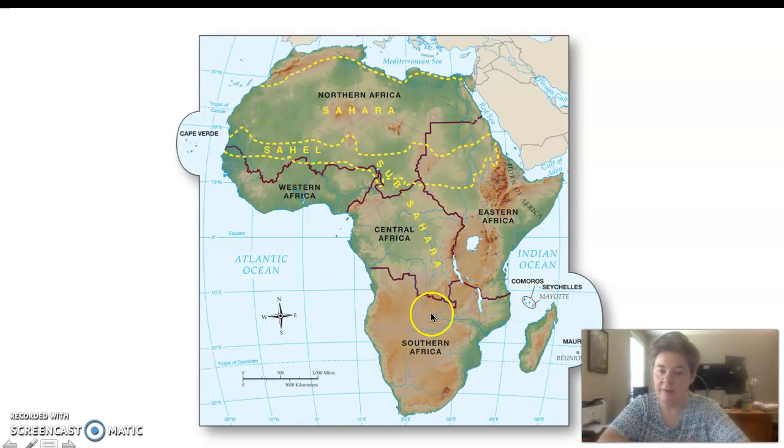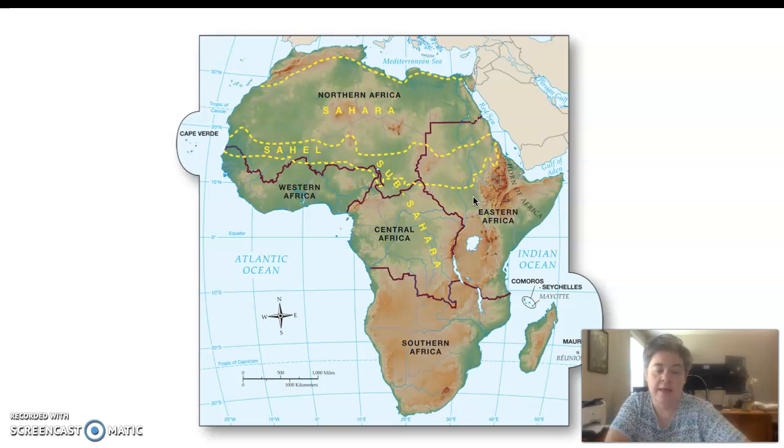We've talked about Southern Africa. Our next chapter, looking forward, goes into Central and Western Africa, and then we do one on Northern Africa as well. But today we're going to start on Eastern Africa, and we're going to take about 3, maybe 4 days to get through it. One thing I want you to note on this map, even though my cursor has now disappeared again,